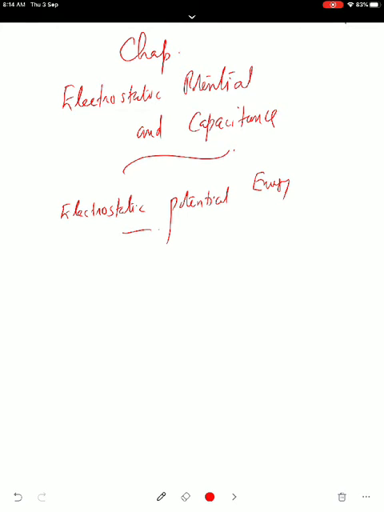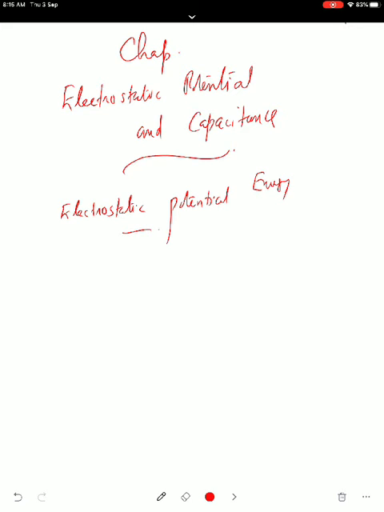Okay, good. So, when you take a body from the surface of the earth to a height, we are doing work against gravity. There is a gravitational field. We are lifting an object from the surface of the earth to a certain height. So work has to be done against the gravitational field. This work done will be stored as gravitational potential energy of that point.